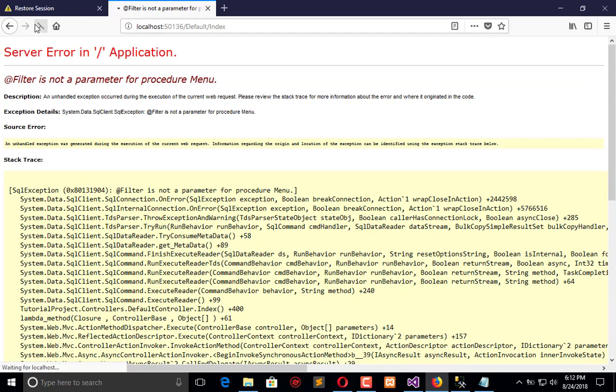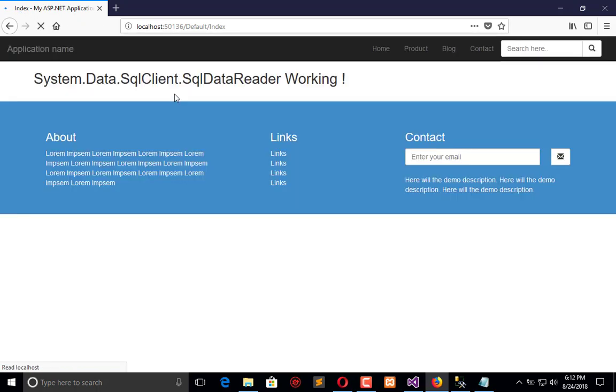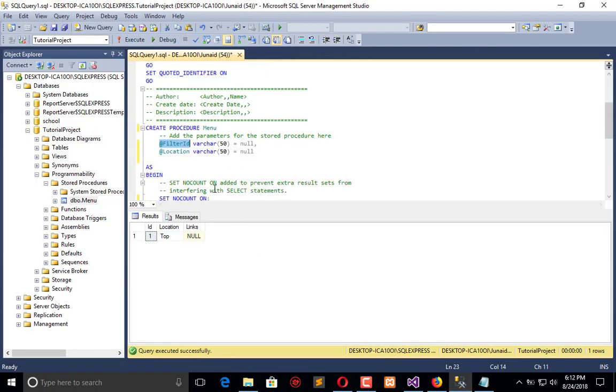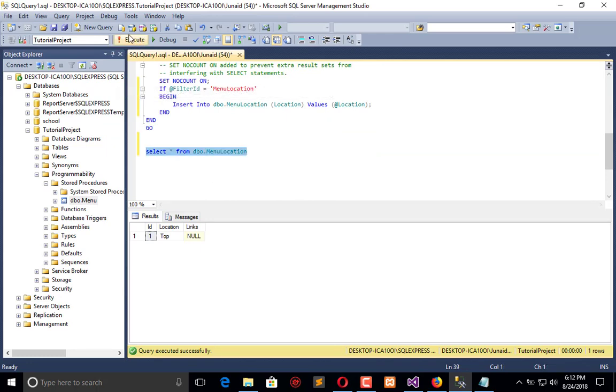Let it execute. Now execute it again once, because the first time we have a mistake of filter and we replace that with filter ID, and now it is perfect and you can see that it's working now. Here is the reader sign that the value is successfully inserted. Now we will execute this again, and you can see that we have top bar inserted in our table through